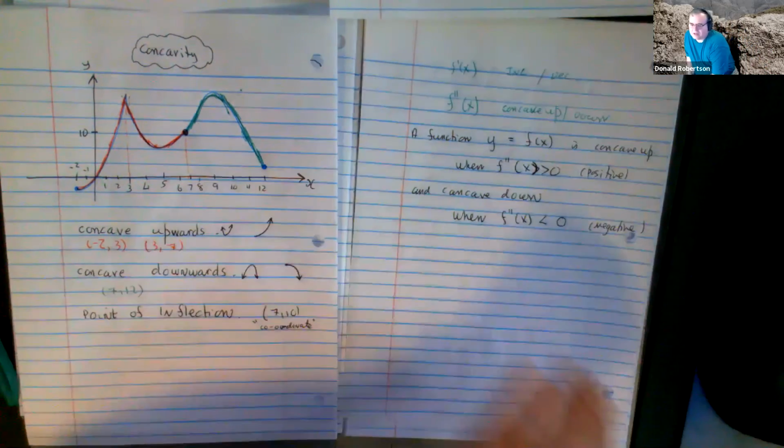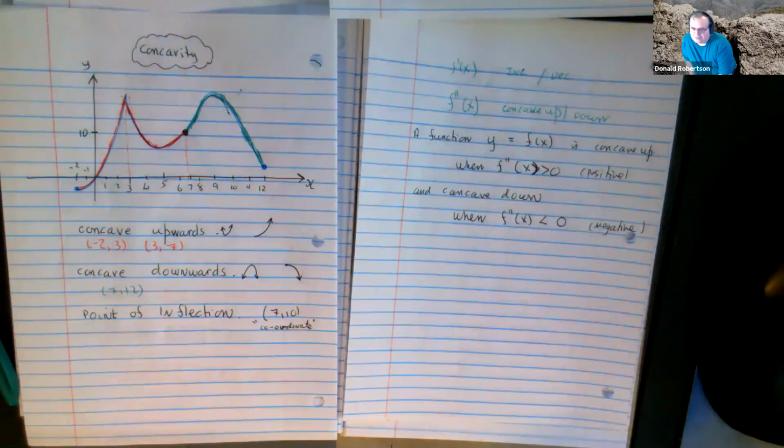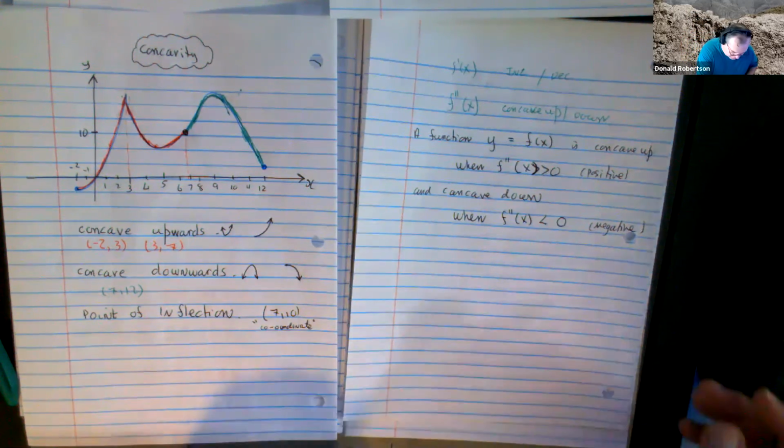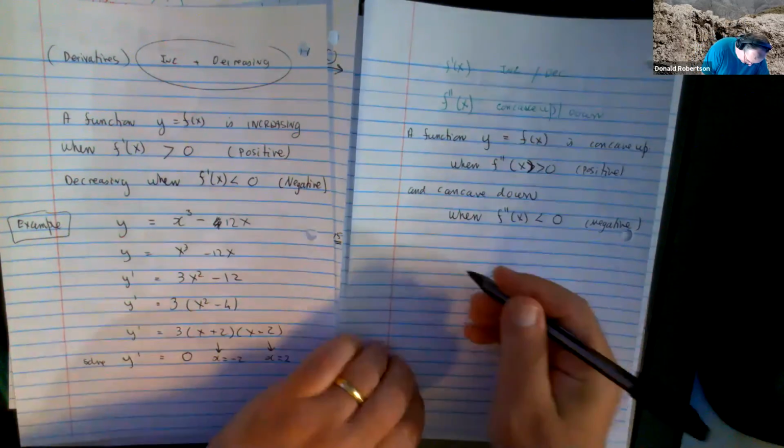So I think of it as positive second derivative, concave up; negative second derivative, concave down. So far, so good. So let's take that function that I used a minute ago, x cubed minus 12x, and see